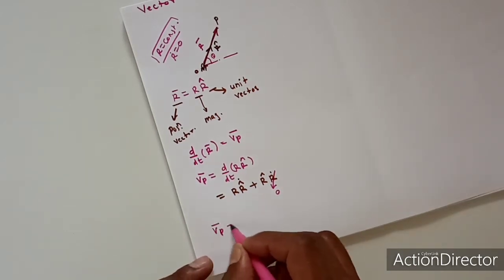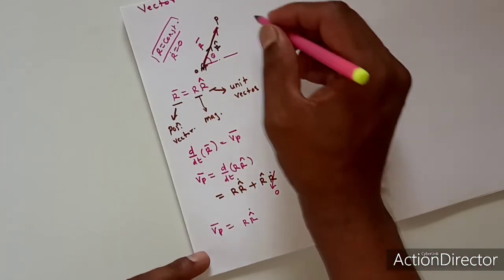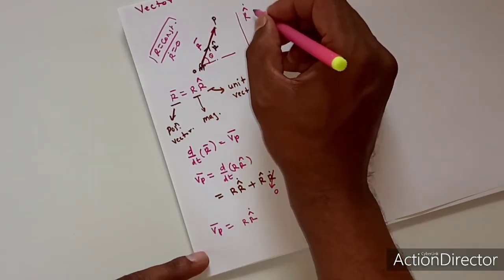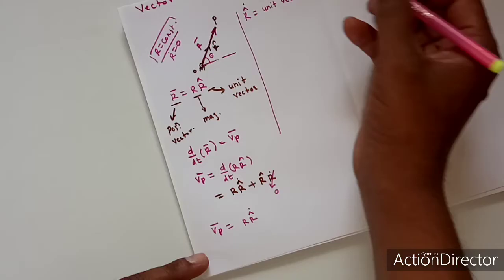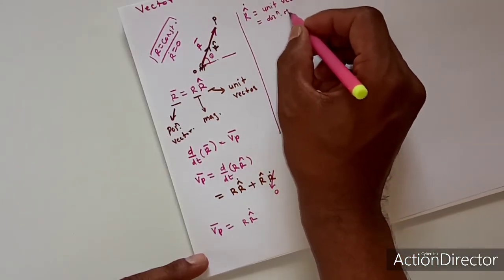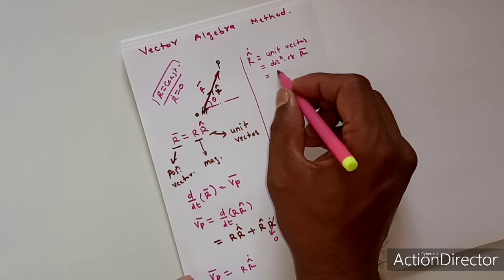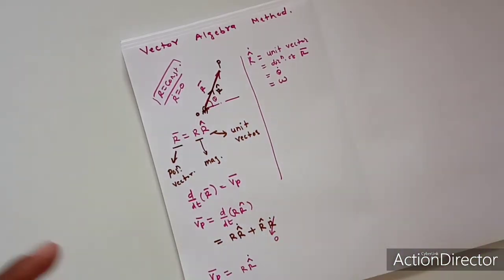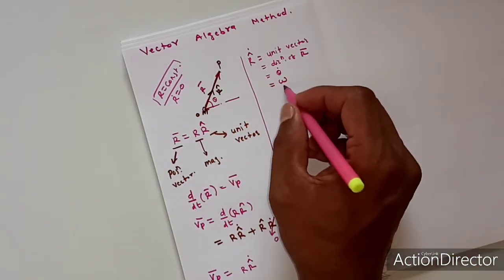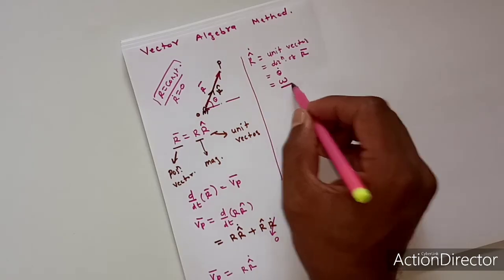So for velocity we get r into r cap dot. Now what is this r cap dot? R cap dot is the time derivative of the unit vector in the direction of vector r bar. That is, it is the derivative of the direction of vector r bar. That is, it is the derivative of the angular displacement, derivative of theta, theta dot. So r cap dot is the angular velocity of P relative to O. So r cap dot is omega, and the direction of omega is perpendicular to the plane in which omega acts,